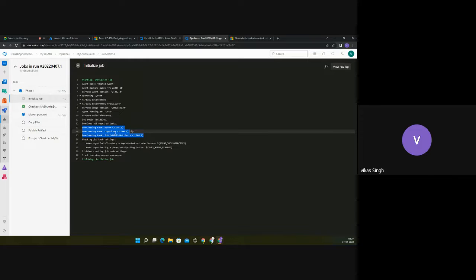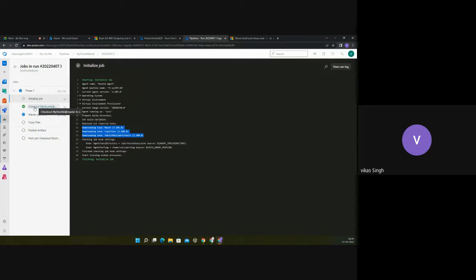And then copy files. If we don't know how to copy, or if you don't have a command line to copy, will you be able to copy? No, right? So that's why they are installing all the dependencies and then checking the job. Checking job is nothing but checking if the source is okay or not. Okay. Once that is done,